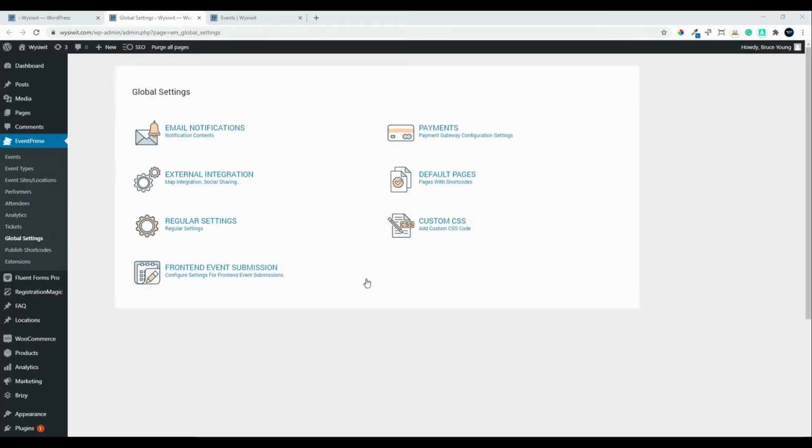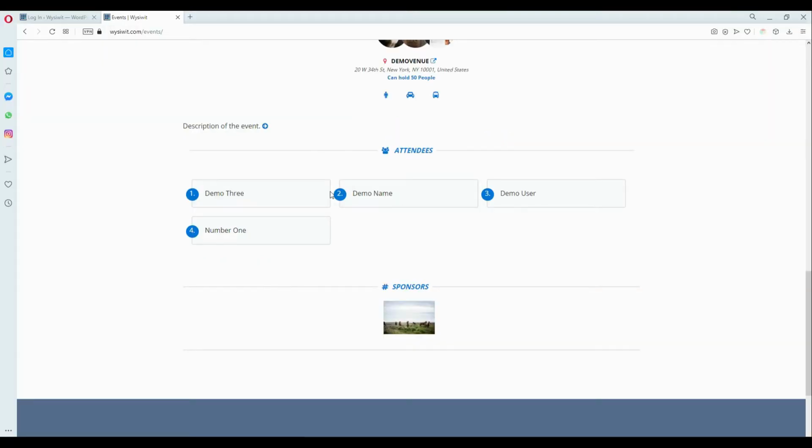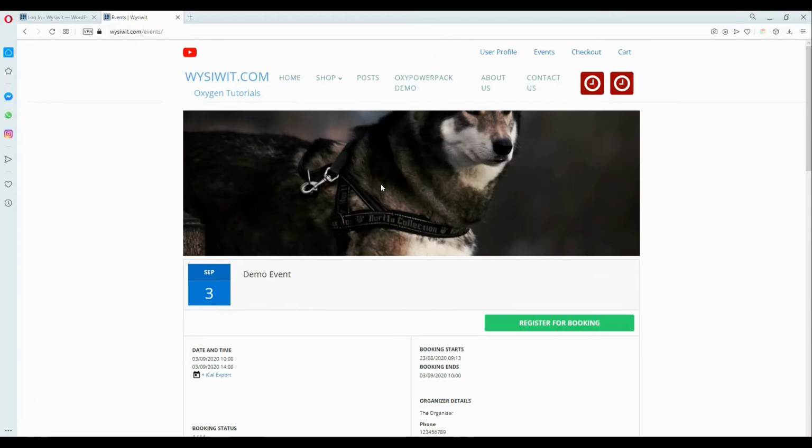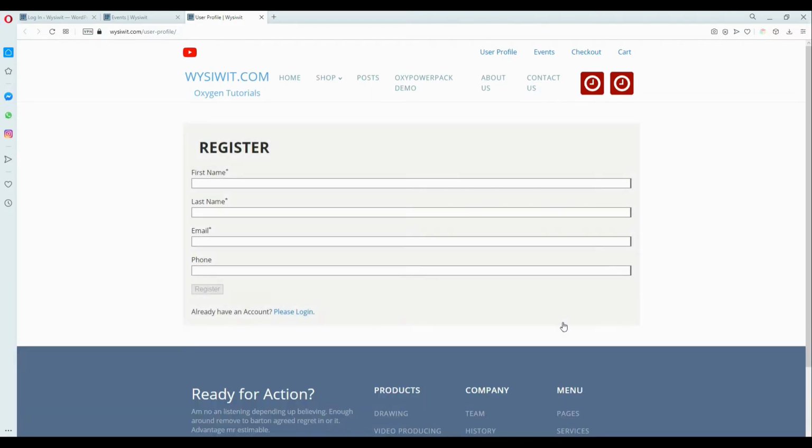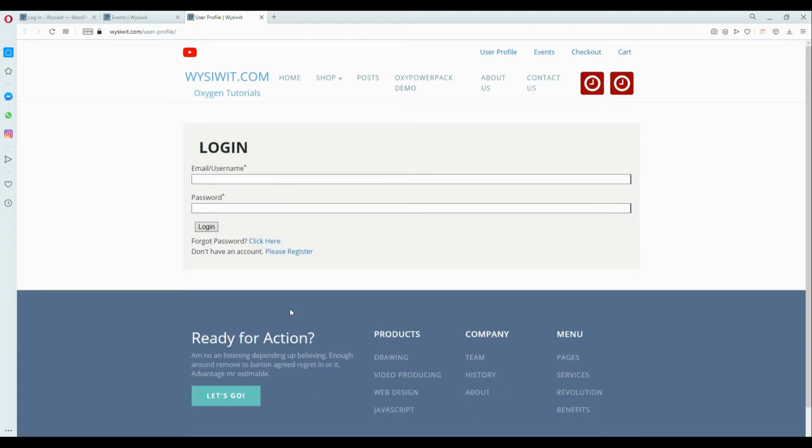Right, so that has been completed, and let's go and have a look at what that looks like on the front end. So we'll head over to the front end of the plugin. Here we are already on an events page, so we'll register for a booking. And we're not logged in at the moment, which is why we're given this option to register, but we do have a user profile, so let's log in